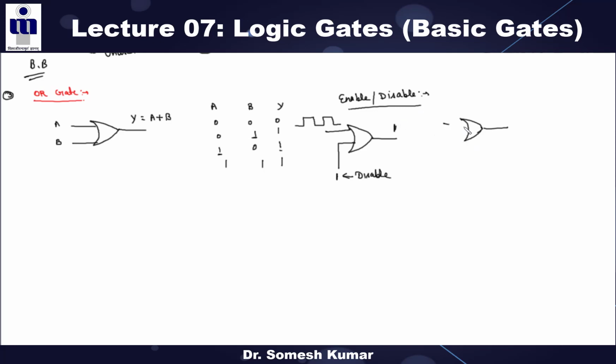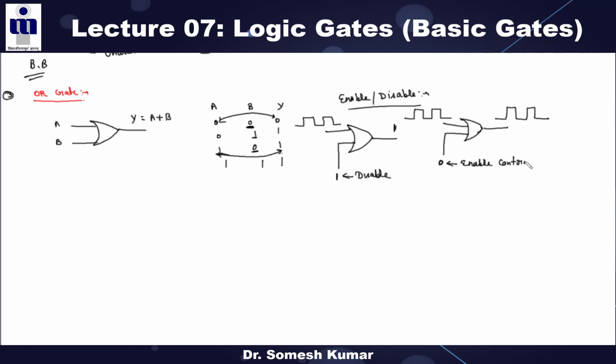Clear? What happens in the opposite case? If any input is 0, what is the output? Output is similar to the other input, right? See, if this is 0, this A is propagated to the output Y. If here it is 0, this 1 is propagated to the output Y, right? So you will get the similar output. So this 0 is called the enable input, your enable control.